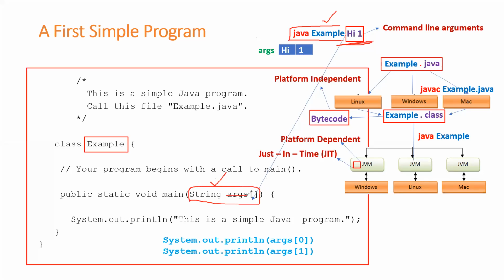But this args can be any name. Generally, we take args only because the name args stands for arguments. As I said several times, when you pick any name, we should always pick meaningful variable names. Instead of args, I can write XYZ also, but there's no meaning for this XYZ. If you take XYZ as the array name, it will work, but don't do it like this. You should always pick meaningful variable names. I've answered your question, Vamsi. It's mandatory, right?